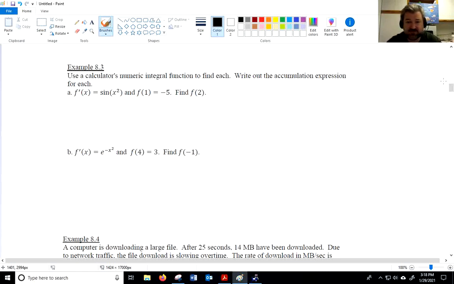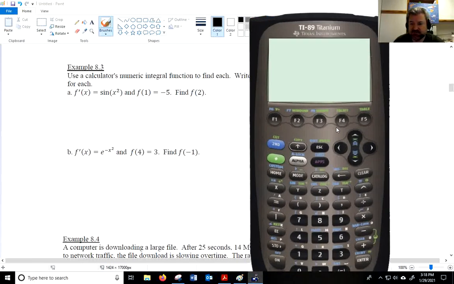And so they're giving you ones that if you type that into a calculator and try to find the integral with your TI-89, I got an emulator up here. Let's take a look at it. So I'm going to say, hey, I can solve this. I can integrate it and then get my C value using this, and then find f of 2. Easy, right? So I say integral of, sine,